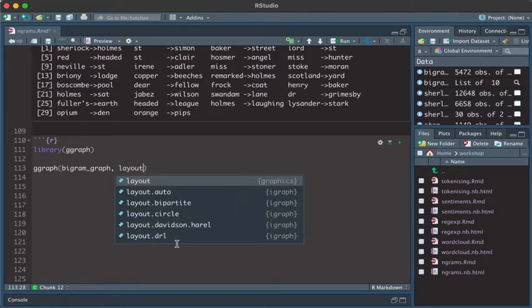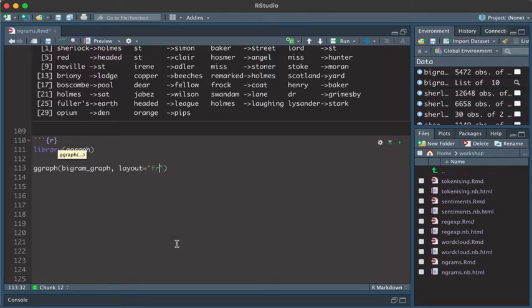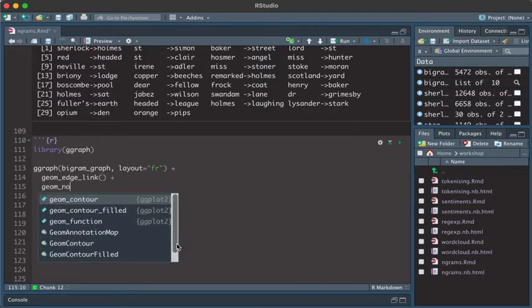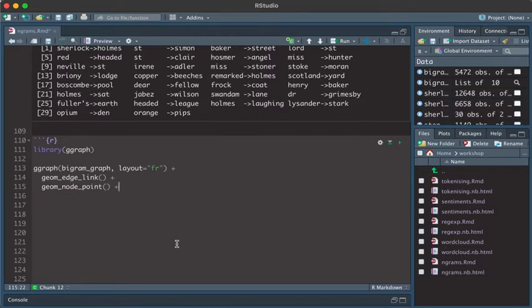And we're using layout equals fr. Don't ask me why it works when we use this. And this is kind of like the aesthetic in many ways. And now to this, we then add on things. So geom_edge_link will add in lines which link together the edges. geom_node_point would add points for all of the nodes, all of the words. And we want some text on each node, so geom_node_text would add that